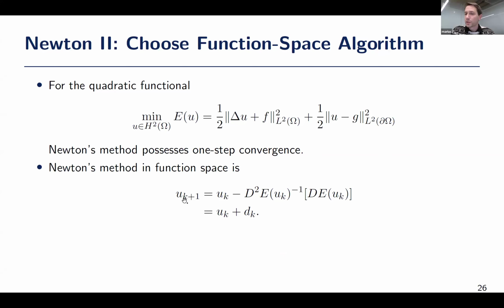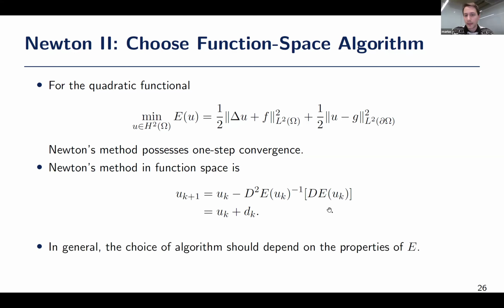And I ignored here that if I put U0, this is U star after one step. This is true for quadratic, but I need this formulation to discretize it in a second. And in general, this is what I mean when I say we choose an appropriate optimizer. Here quadratic and then Newton with one-step convergence is of course very appropriate. And we still ignore the neural network ansatz classes.